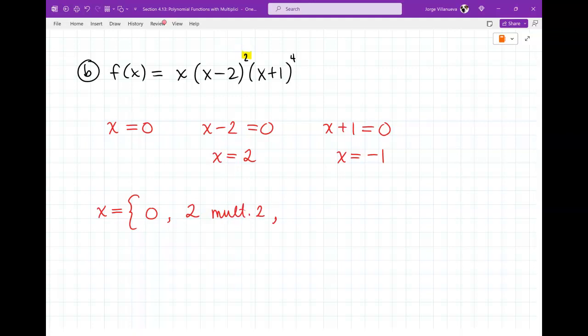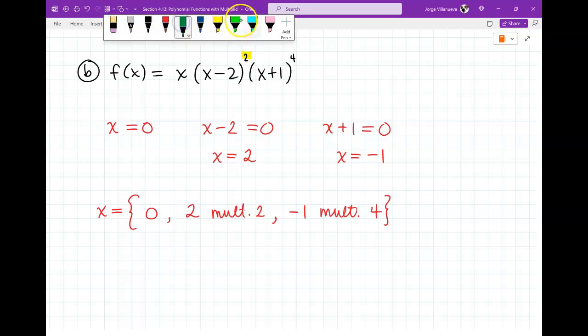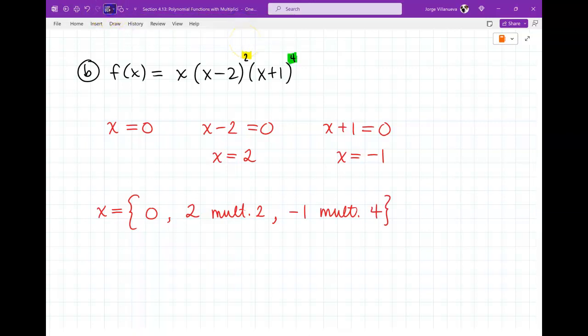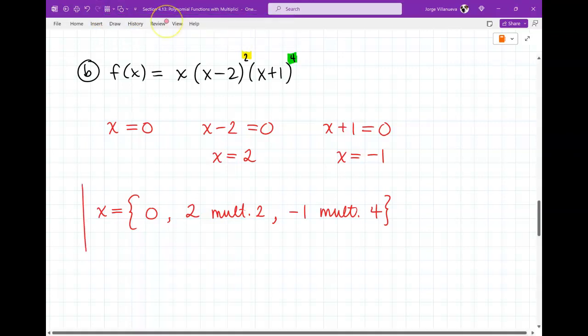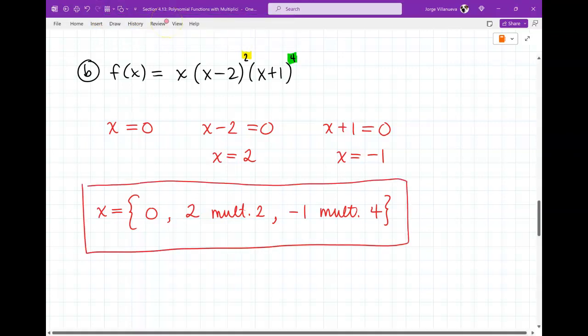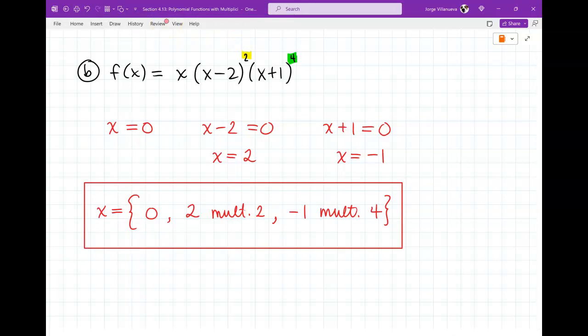Okay? And then my last answer is negative 1. And what's the multiplicity on that one? 4, right? Because that's the power where it came from, okay? Right here. All right, are we good with that? That one? So, 4, 5, 6, 7, yeah. So this is how you would do it if it was an equation that's factored for